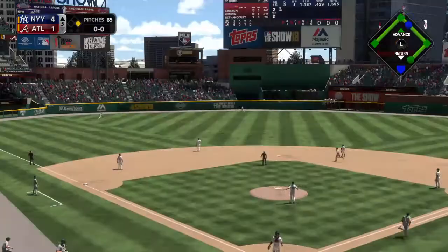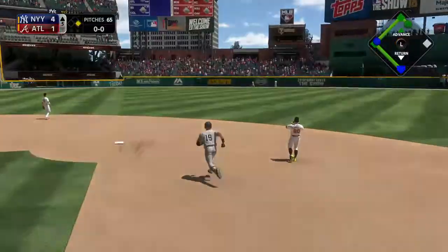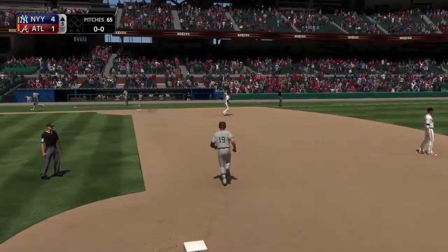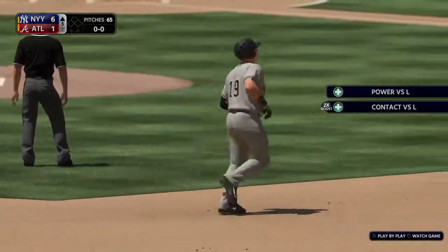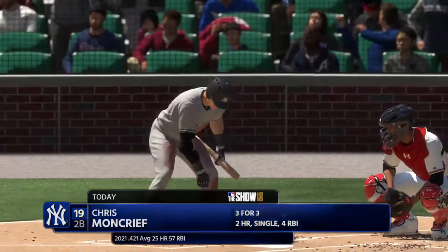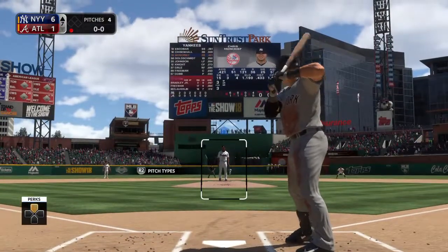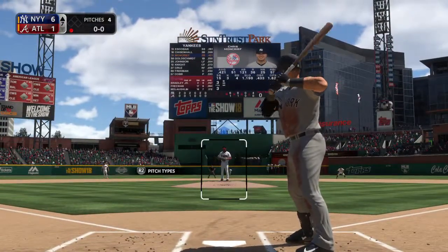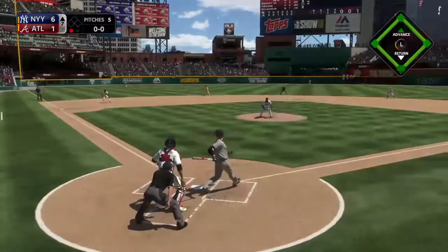High in the air and deep to left center field. Kimura ranging back to the track, to the wall, and goodbye. This one ain't coming back. Well, this game is definitely out of the norm from this. Trying to pick things up where he left off. Number 19. Already a pair of long balls on his line in this one, so we'll see what else he has in store here. This guy's having a pretty...